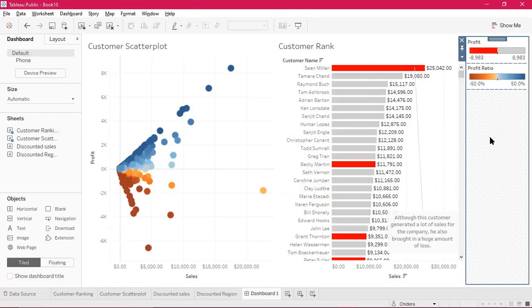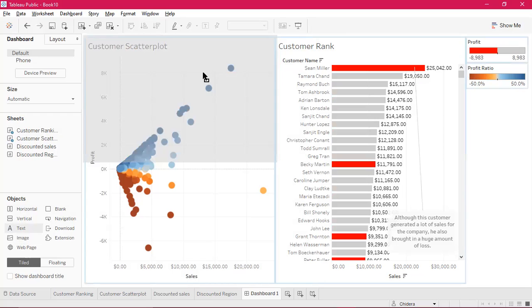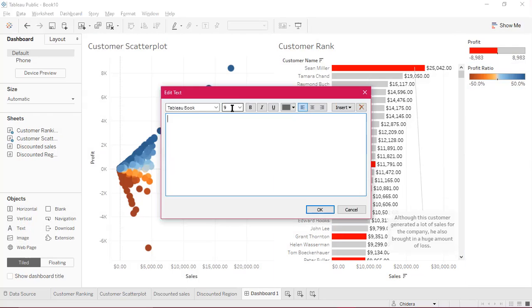You can also add some text to the beginning of this dashboard. Where it says objects on the left side, you have to make sure it's on tiled first so that it's not floating everywhere. So click tiled, then drag the text to where you want it to be. So put it at the top here. Then for the text, you can just say something like